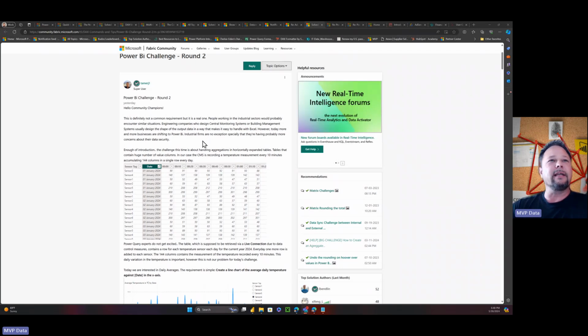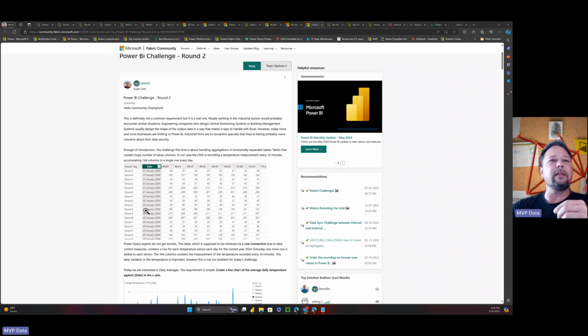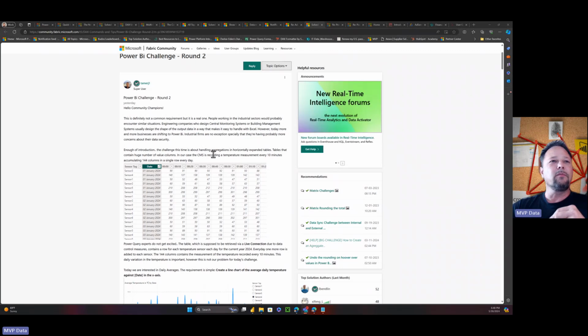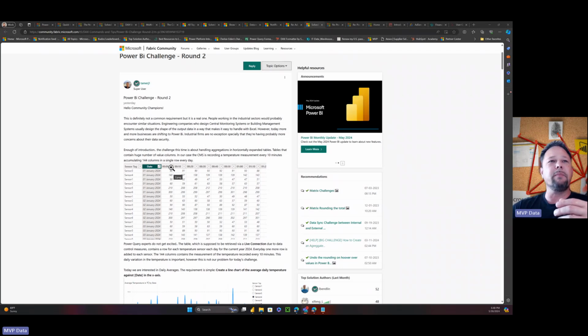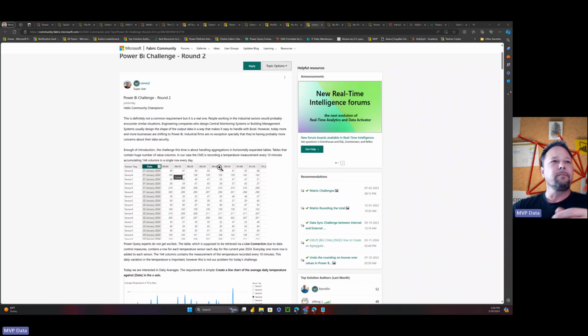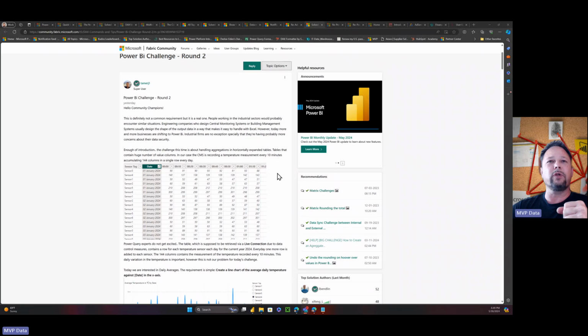So basically, what he has is a central monitoring system or building management system. A lot of times they will generate data in this way, which is really nice for analyzing in Excel, where you're recording temperatures for every 10 minutes of the day, and each 10-minute increment of the day gets a new column in the table. So you have your sensor, your date, and then for that sensor on that date, you have a full day's worth of data for every 10 minutes